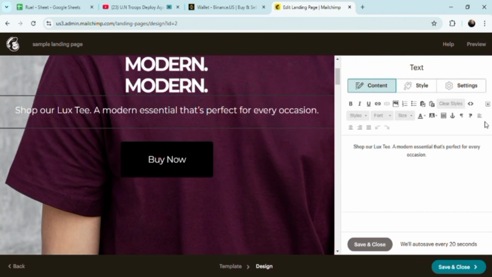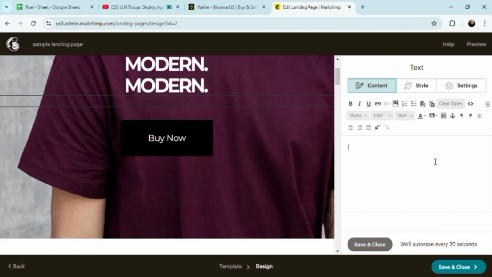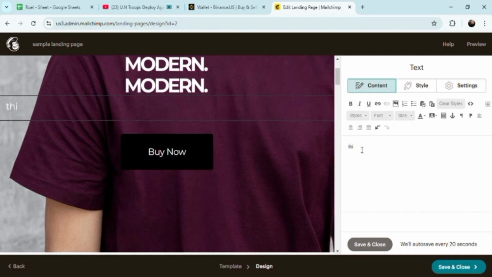So right now, this is the quotation here. Shop hour. We're going to be deleting this one, and since this is our landing page, we're going to be adding our own text styles here. Again, you could change everything here. Doesn't necessarily mean that you have to abide by all of this. You just have to